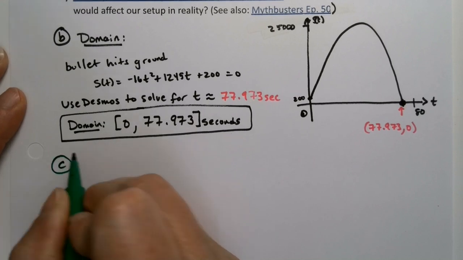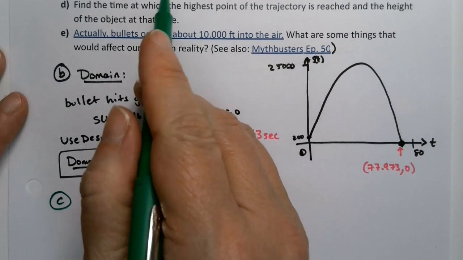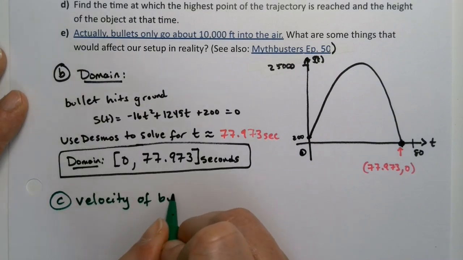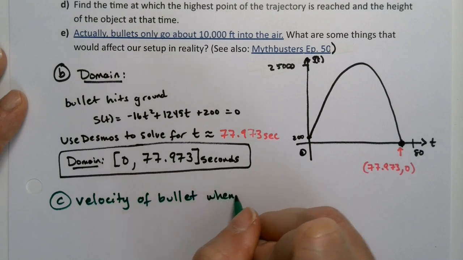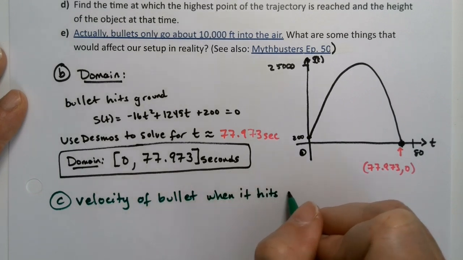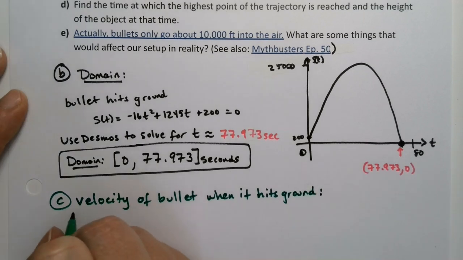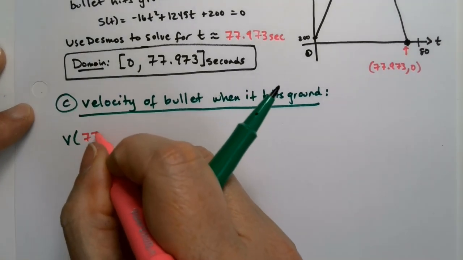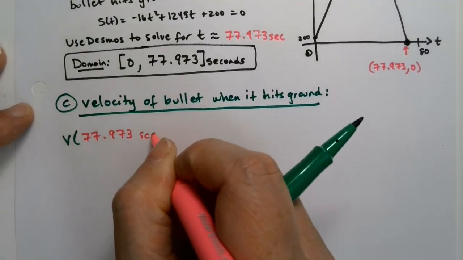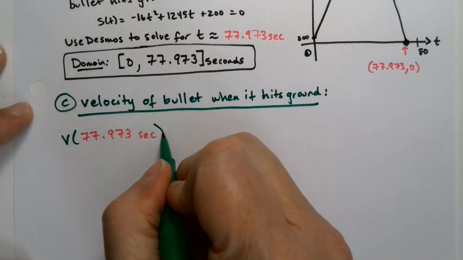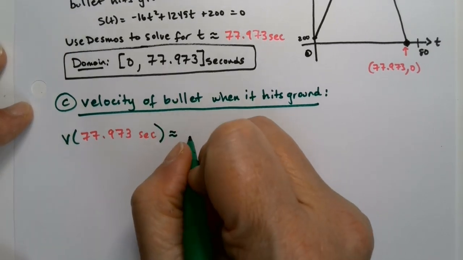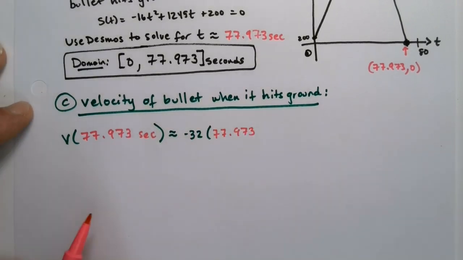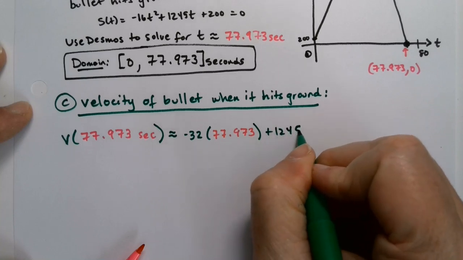they want us to tell them the velocity of the bullet when it hits the ground. So the velocity of the bullet when it hits the ground. Okay, so that's basically saying, hey, what's V of 77.973 seconds? Because that'll be the time that it hits the ground. Okay, so that would be negative 32 times 77.973 plus 1245,